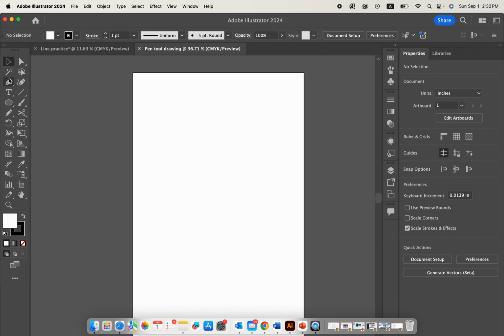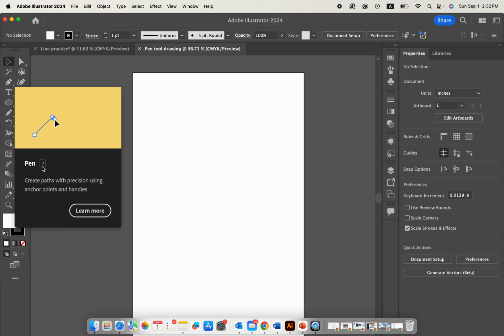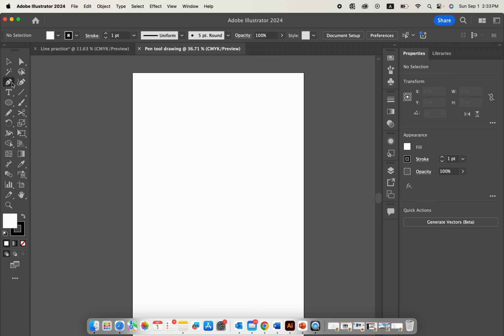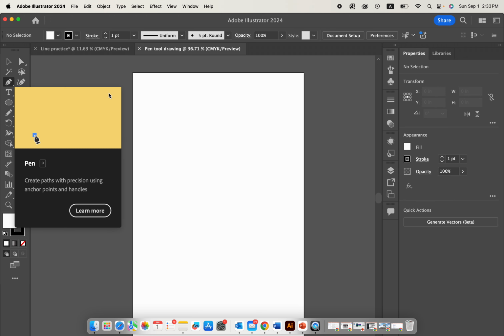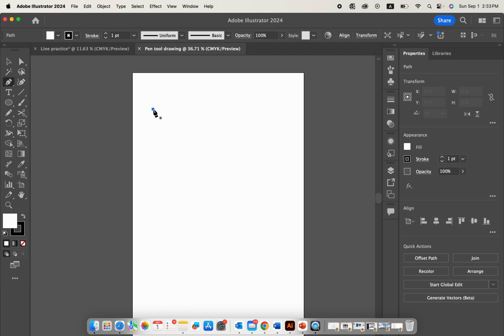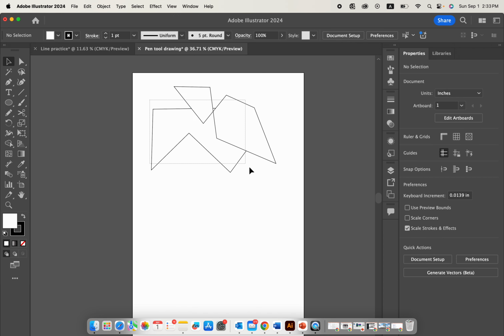For the pen tool, it is placed at the left column, the third one, and the shortcut key is P. If you tap P on your keyboard, you will access the pen tool. If you want to create some geometric lines or shapes using the pen tool, that's pretty straightforward. You can just click, click, click, click, so they are all straight lines, right? We are practicing with the lines,